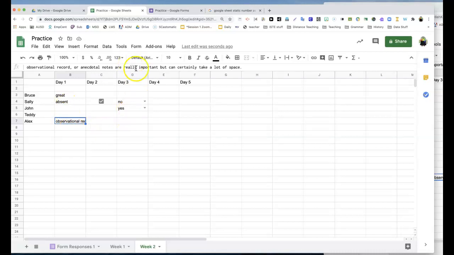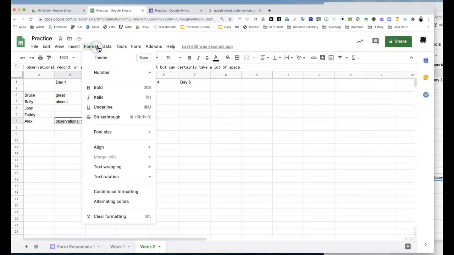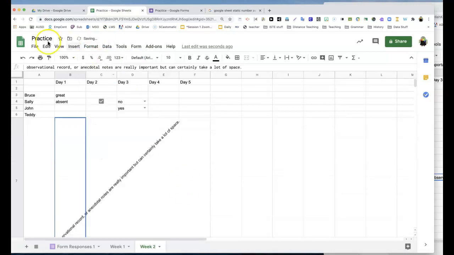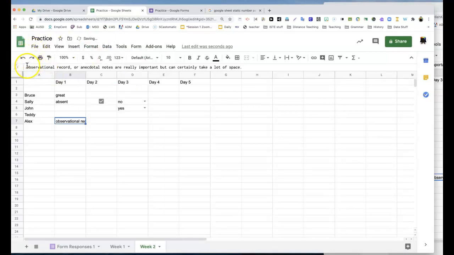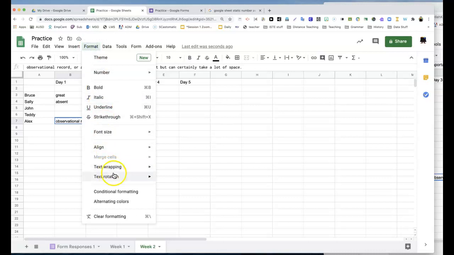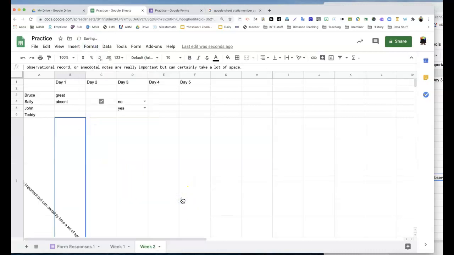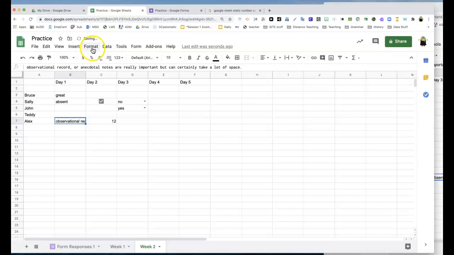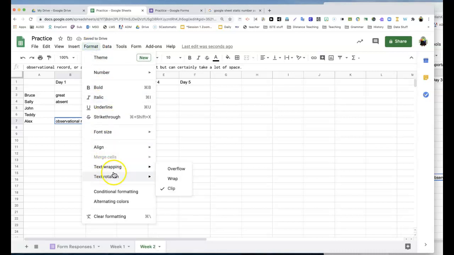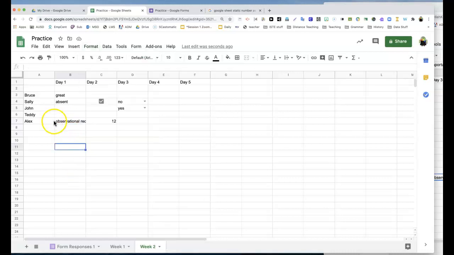The last thing I'll point out is format text rotation. It's going to look a little funny in this cell, but we can tilt the words up. That might be better if it's something like as one of these cells up here. We can also tilt them down. I'll undo that. So we can have some fun with our text and how we stack it, how we rotate it. It doesn't always have to be in a straight horizontal